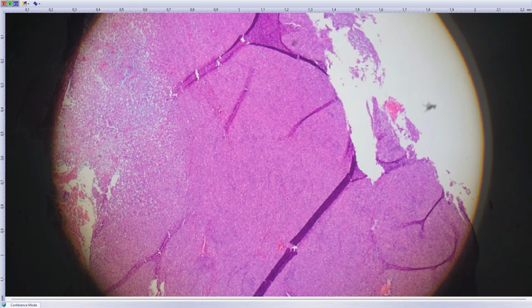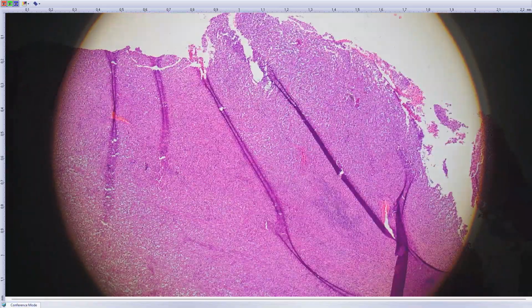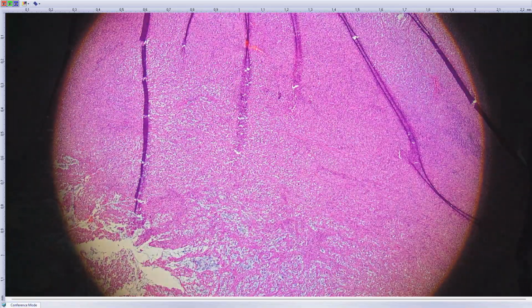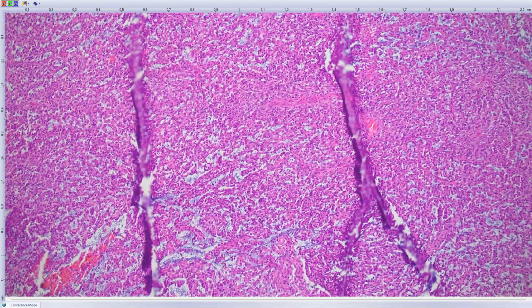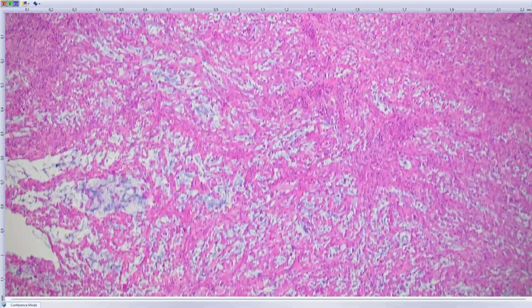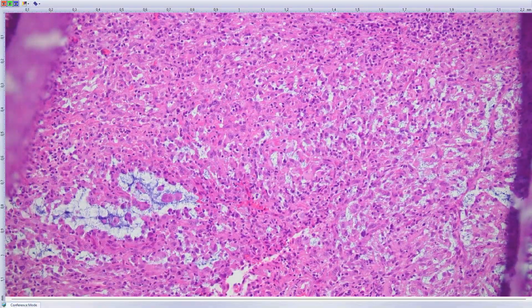So this was an older gentleman with a tumor somewhere on his hip, around his hip bone, so in deep soft tissues. And what we got was this very cellular tumor, which was solid to myxoid in most areas. And basically, the first impression is definitely this is a high-grade malignant neoplasm, most likely sarcoma,